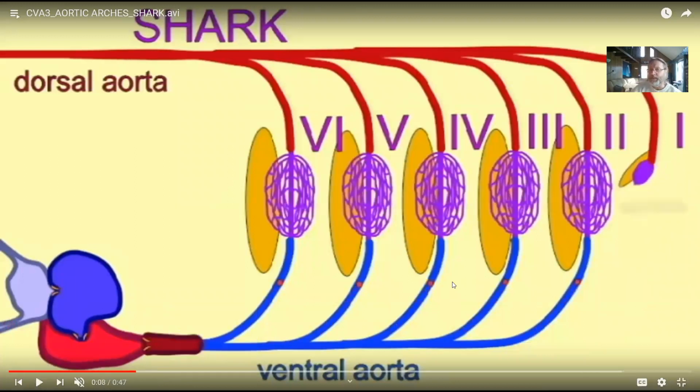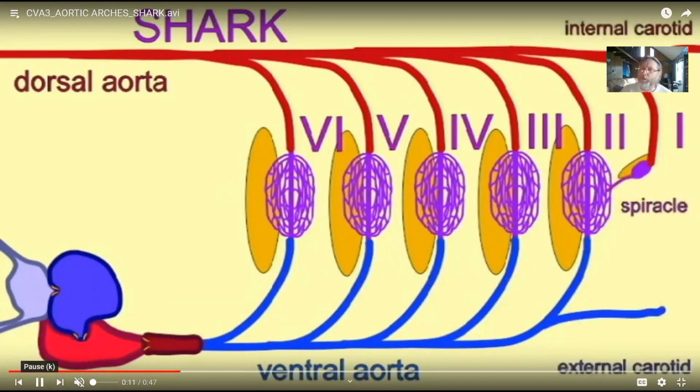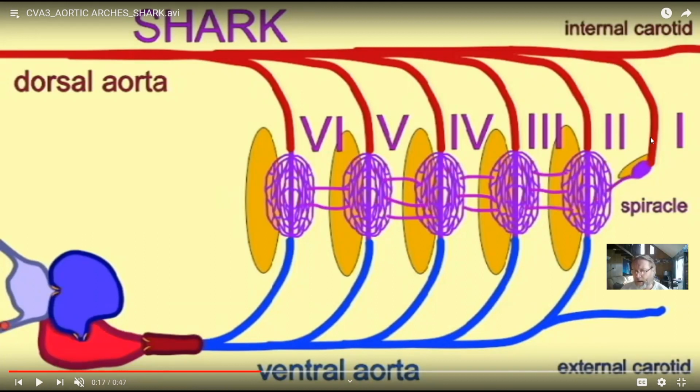But one of the things that begins to happen, and obviously when we get to mammals and the amniotes to an even more extreme degree, is that you can modify some of these aortic arches. So all vertebrate embryos start off with these 6, but then they can be modified. So in a shark, the first aortic arch is modified and evolved around the spiracle. And so we will see blood vessels, and as we'll be getting to later, a lot of the blood vessels